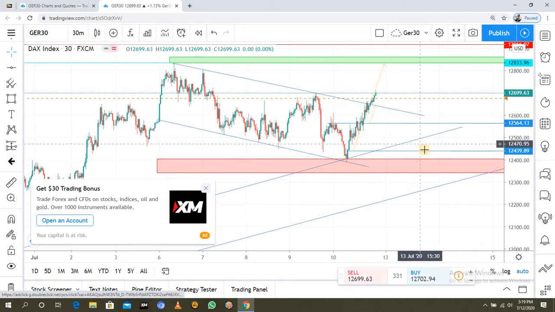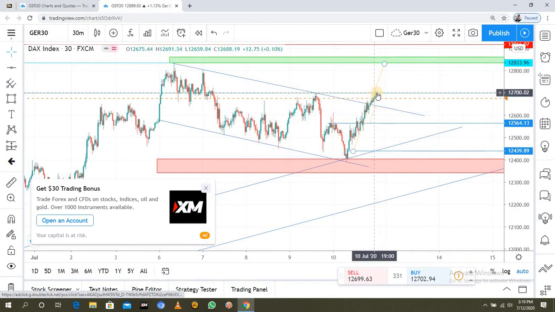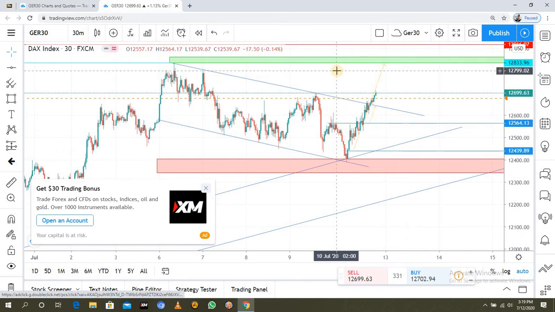Here it might come and break, maybe even come here and then push to the upside. We don't even mind, but it can maybe continue buying from this, or it can come back down, maybe try to respect this before pushing to the upside, or maybe try to respect this one where the other people entered here before pushing to the upside. So guys, with that being said,